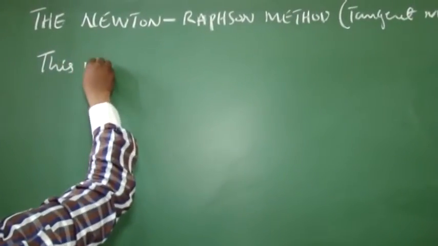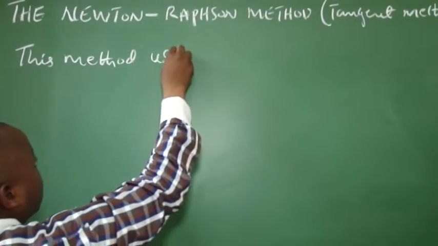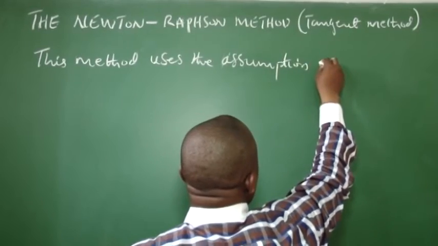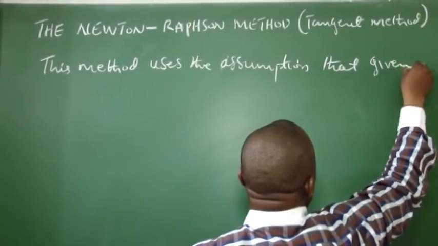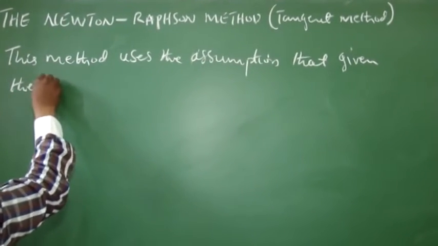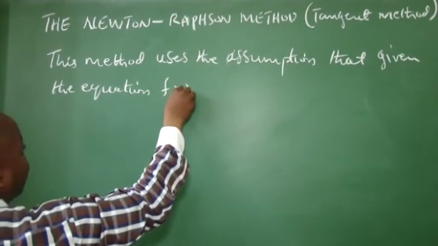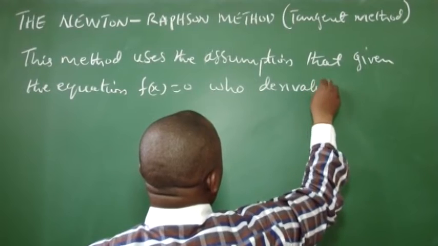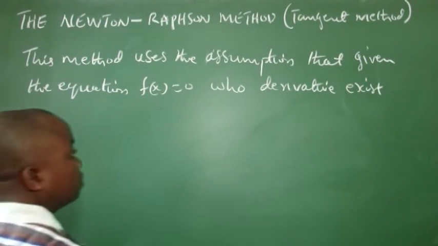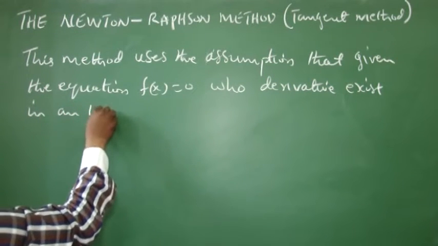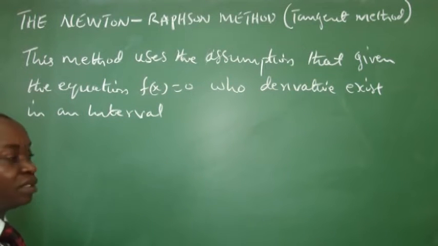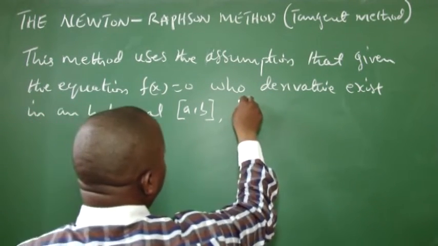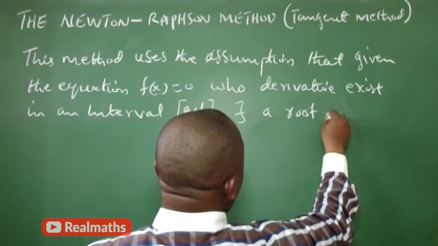Now, this method uses the assumption that, given the equation f of x equals 0, whose derivative exists in an interval AB, there exists a root x,